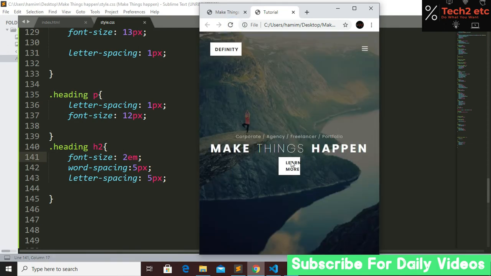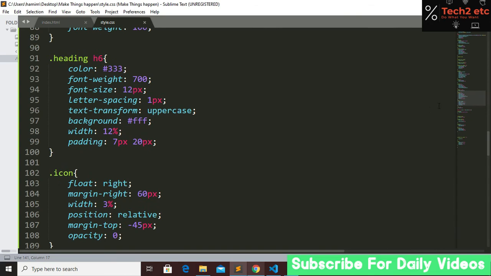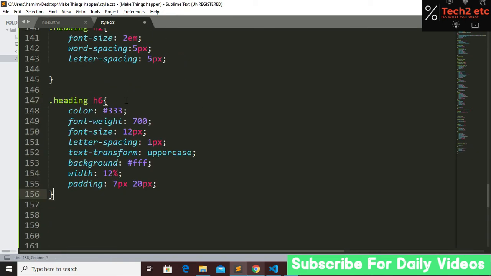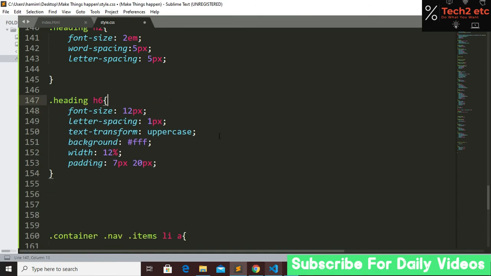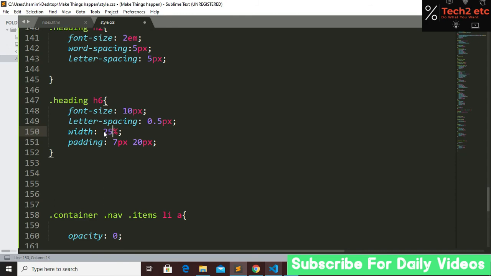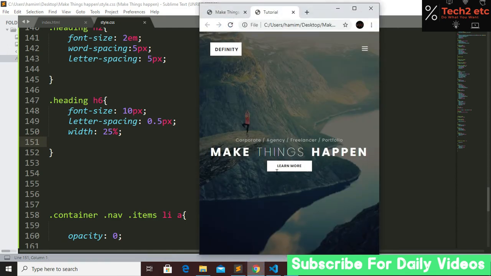Now we have to change this button also, so I go back and take this H6, copy and paste it here. And I don't want to change the color, so this line also I don't want to change. For the font size, let's change it to 10 pixel, and letter spacing will be 0.5 pixel. Delete this line and I give this 25% width, and I don't want this line also, so delete this. Now if we save and refresh, yeah, here you can see that there is our button